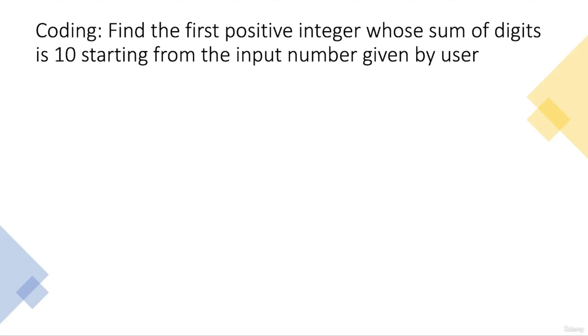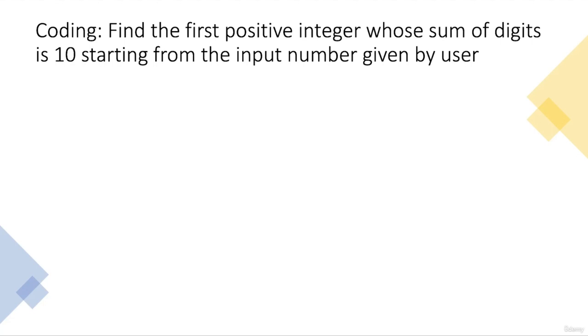So, the problem statement was: find the first positive integer whose sum of digits is 10. When I say sum of digits, it means that you have to add the digits of that particular number. For example, consider the number 12. So 1 plus 2 is 3. So we are looking for a number whose sum of the digits is 10. For example, 19. 1 plus 9 is 10. So we have to find the first number whose sum of the digits is 10 based on the input given